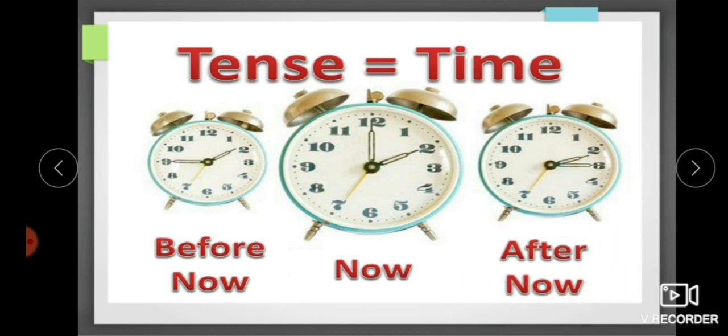Now, why is it important to learn tenses? So the answer is, the tenses are the most important part of English language. If you wish to write a correct sentence or want to say anything to anyone, then you need to express the idea in the right form of the tenses. So there are three kinds of tenses. First one is present tense, second is past tense, and the third one is future tense. Now, English language has three main time divisions, and they are present, past, and future, which are expressed by the tenses.